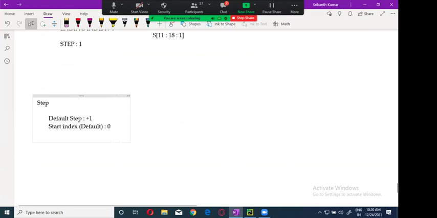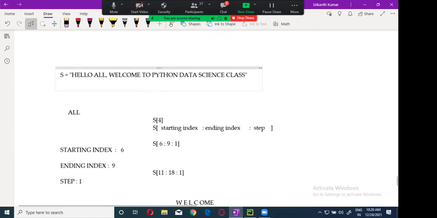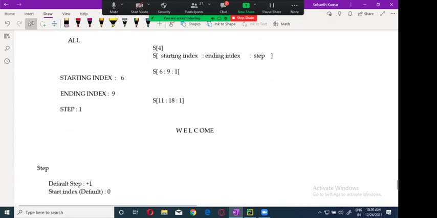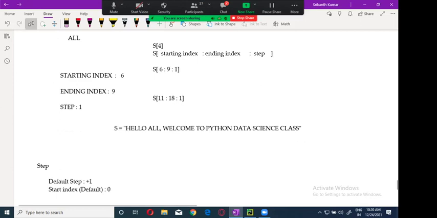Okay, now I will tell you. Now I have something like welcome over here. Just see this welcome. Okay, guys. Now I wanted to extract the welcome from this. Here, now I'm not giving the step. When I'm not giving the step, it will take it as +1. Now, when I'm not giving the starting index, it is taking the starting of the string, the index,